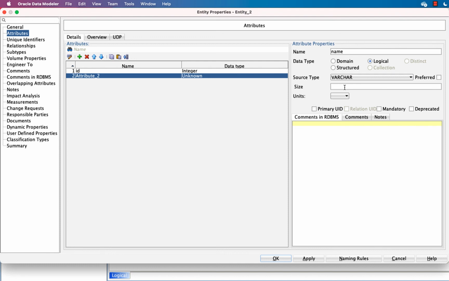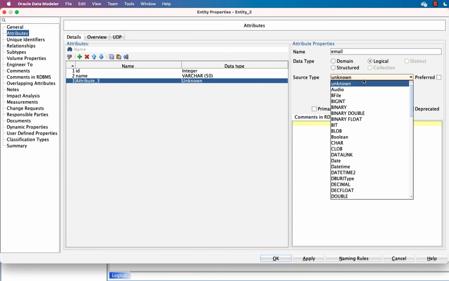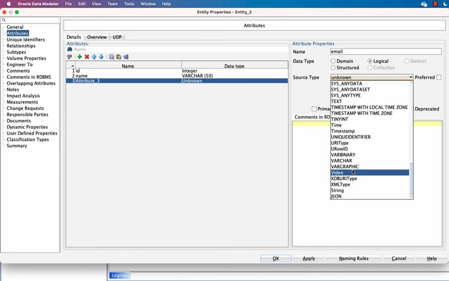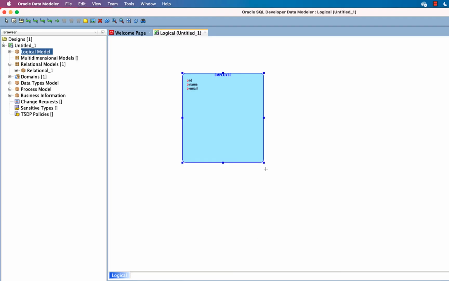Size could be defined as 50. It means that 50 characters would be in this column, okay? And I can add another, the email address of an employee, and obviously the data type would be variable characters or text. 50 length is fine. Apply, okay. So now one entity has been created.